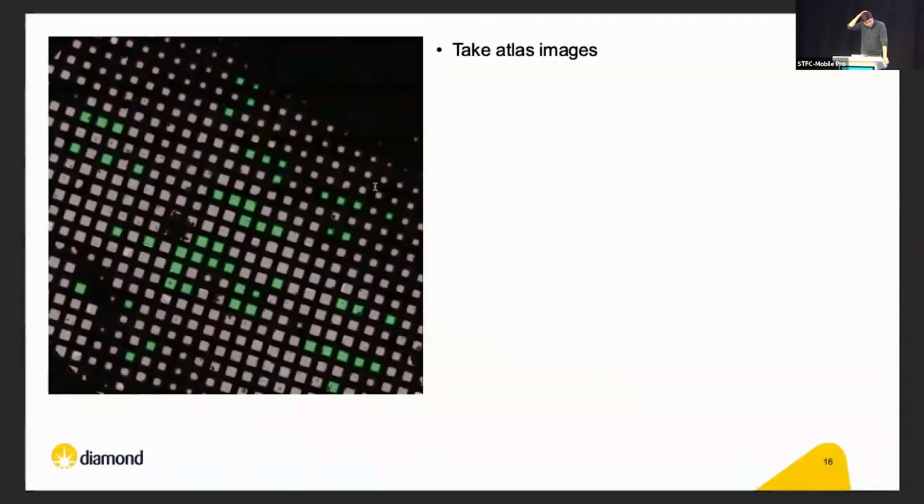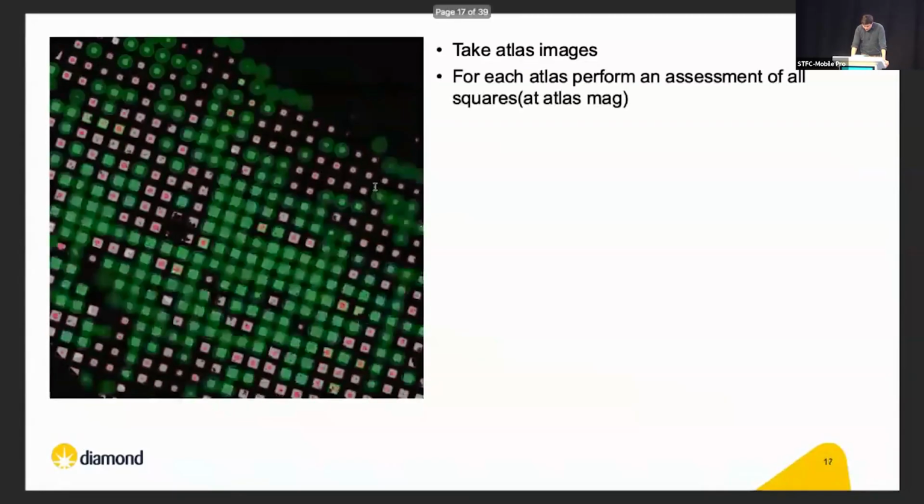So in terms of how you would get to a completely automated workflow, you initially need to take Atlas images of all the grids. That's fine. Then for each Atlas image, make an assessment of the grid square quality across the grid. So this is like a basic pre-trained, just a quick how much complete crap is there on there? Are there a good number of fairly large squares that seem uncontaminated? And then you can kind of make an assessment across all of the grids, decide which one you're going to